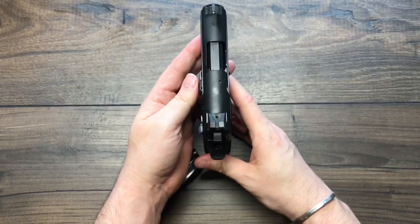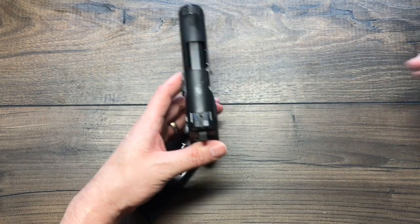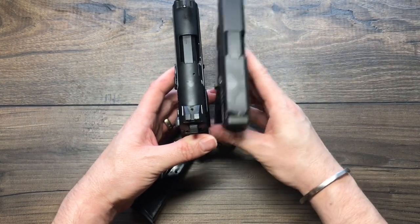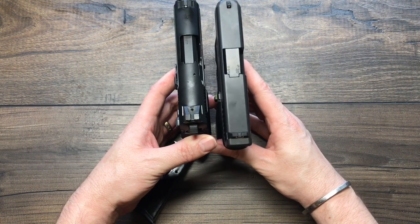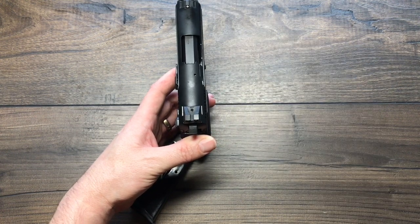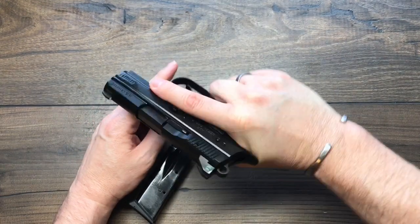Double stack runs, this runs a little bit thicker than the Glock 26. We'll do a side-by-side comparison. Maybe it doesn't, I feel like it is. And I think that's probably because of the way it feels in my hand, it feels like a good old-fashioned, European